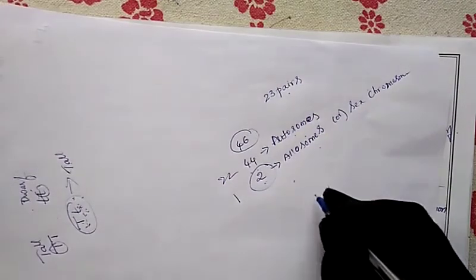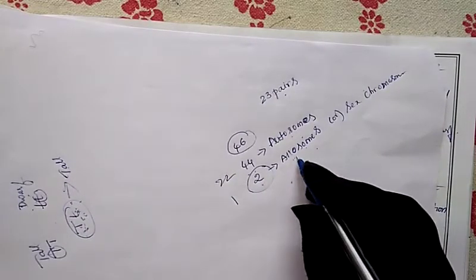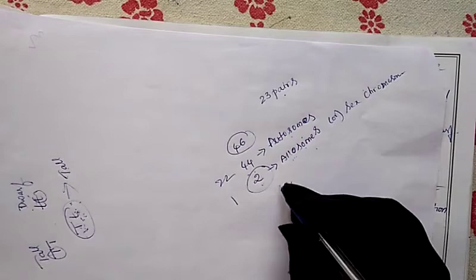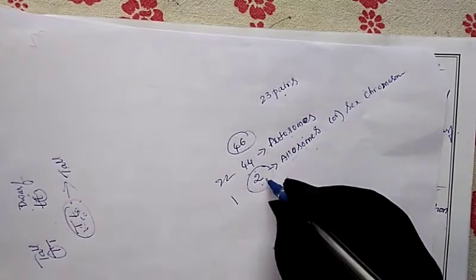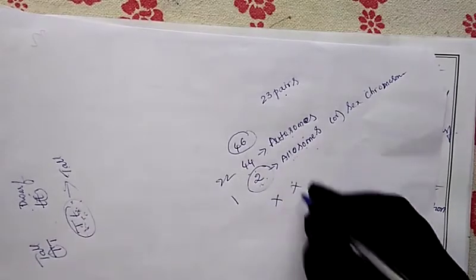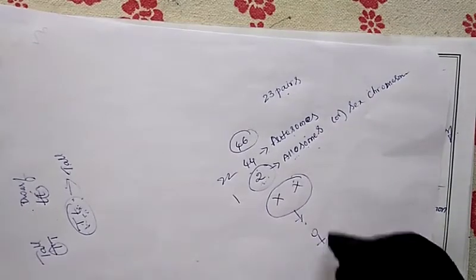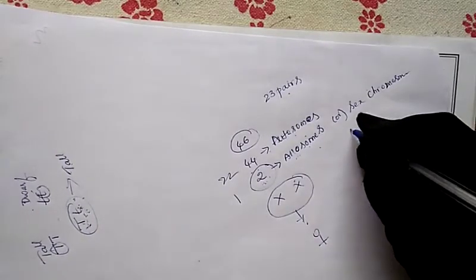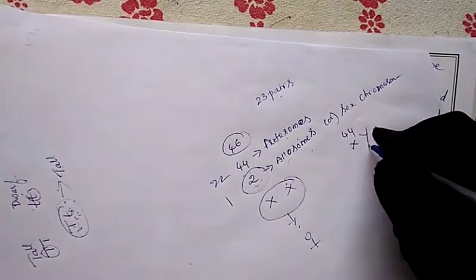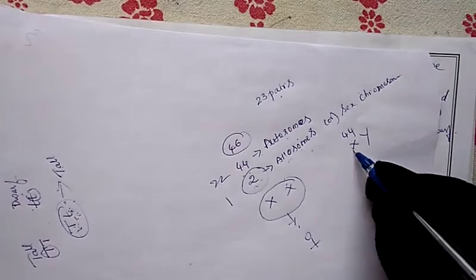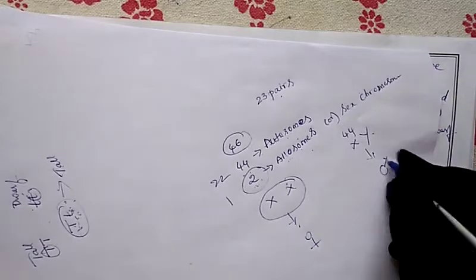Now, whether it is a girl baby or a boy baby is determined by these 2 chromosomes. In the female body, 44 autosomes are present and 2 X chromosomes. The presence of 2 X chromosomes indicates a female baby, whereas in the male, 44 autosomes are present and the remaining 2 allosomes are one X and one Y chromosome. That indicates a boy baby.